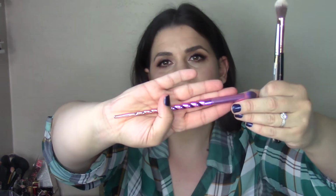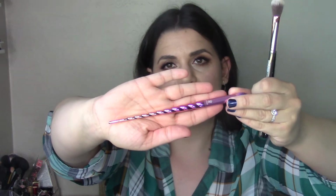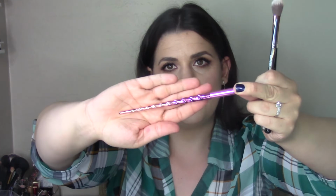And then another brush that I've been loving, last one I promise, is the Royal Langnickel crease brush. This is their Moda, I think, Unicorn is the line that I have, but I do believe they make it in a solid handle. I think they sell this at Walmart as well. It's not too expensive, but it's a spiral tapered handle. What I love about it is the crease brush is fluffy, but it's pointed. It's a tapered